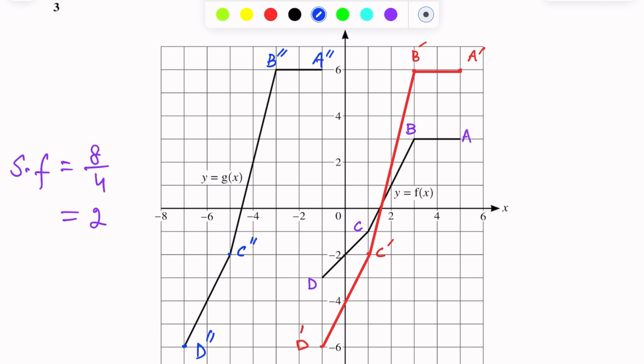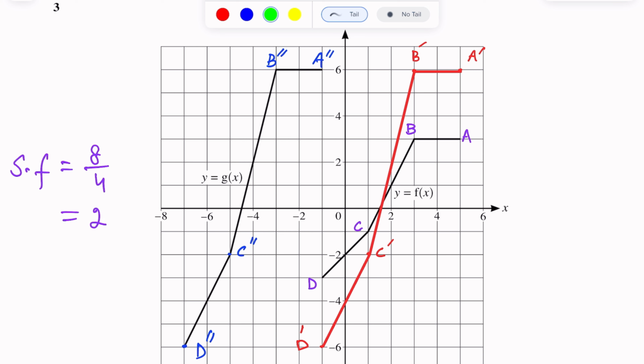So now A dash B dash C dash D dash is mapped onto A double dash B double dash C double dash D double dash by a horizontal translation. For horizontal translation, translation along x-axis,